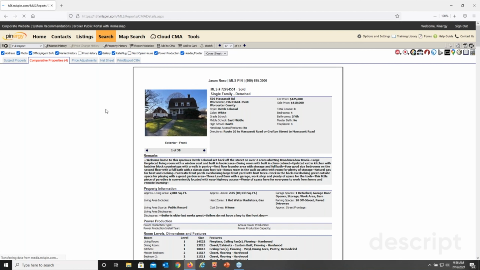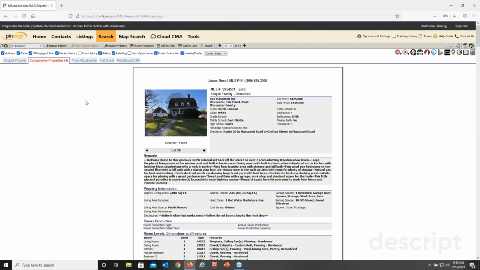it's always a good idea to go back and review what you've added. And maybe you need to go back to your search and just change it slightly. Maybe you're not finding enough comps. You want to go out 2.5 miles, or you want to go back 8 months looking for solds instead of 6, or you want to tighten it up. So if you want to go back and 1, review what you've attached so far, and 2, maybe search again,